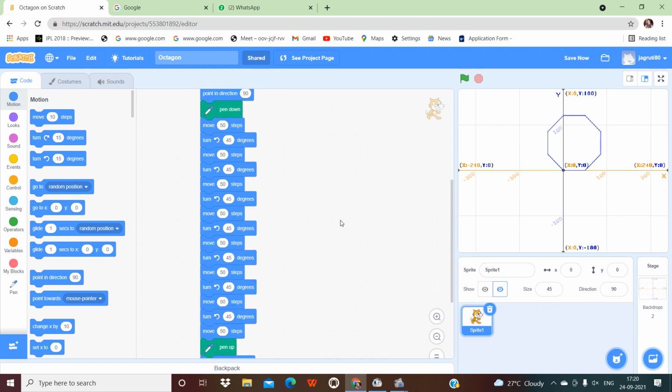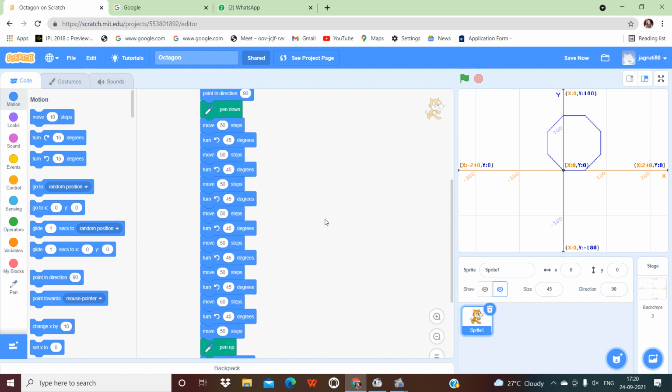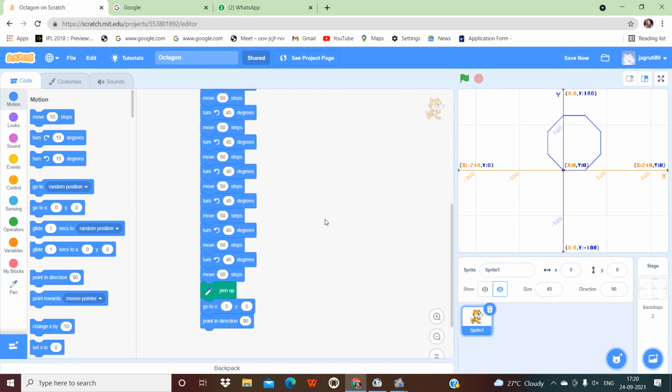Now what we have to do, students, you have to use this code, draw this in PictoBlox or in Scratch, and send it back to me because there are marks for this. If you send me the output of this octagon, then only you will get the marks. Some students are not sending. Those students who send me the feedback, I will give marks to them, otherwise I will not give marks to the other students.